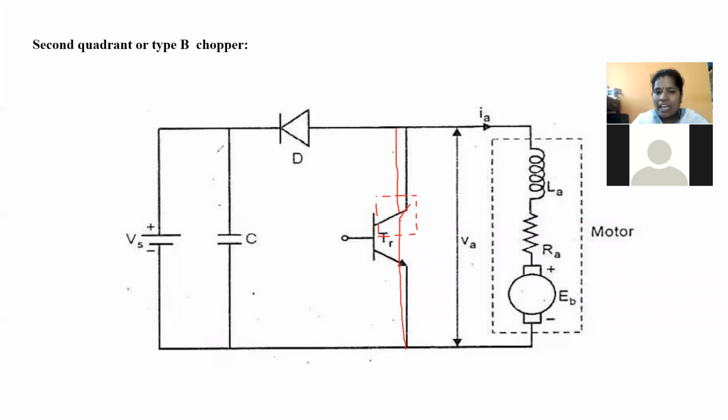And now think once: with the help of the capacitor, can you turn on this chopper circuit? Is there any possibility to turn on our chopper with the capacitor? When we say that the capacitor is completely charged with the help of the supply voltage, that means the capacitor charging path must be like this. Is it right? Now tell me, are the charging path and discharging path of a capacitor the same, or are they reversed?